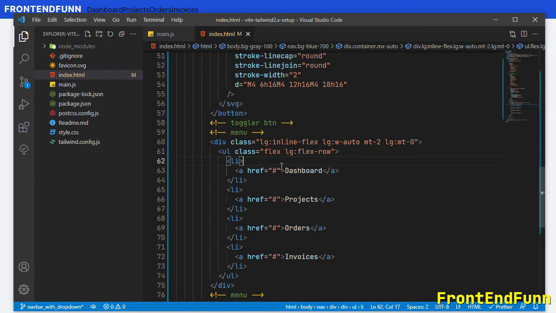Next we'll target the individual anchor elements here.